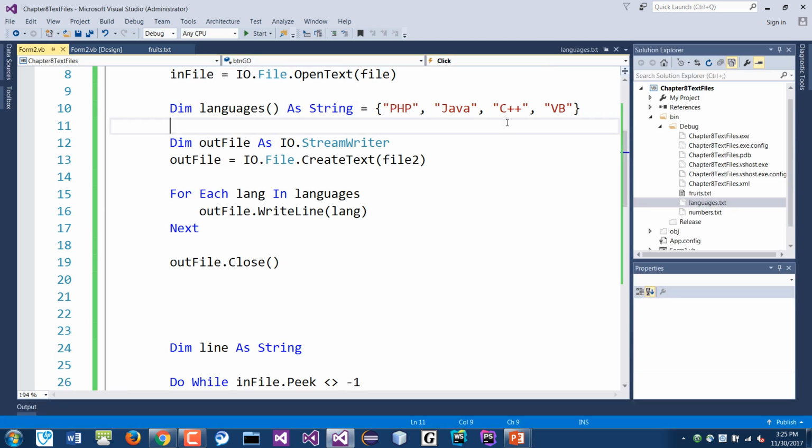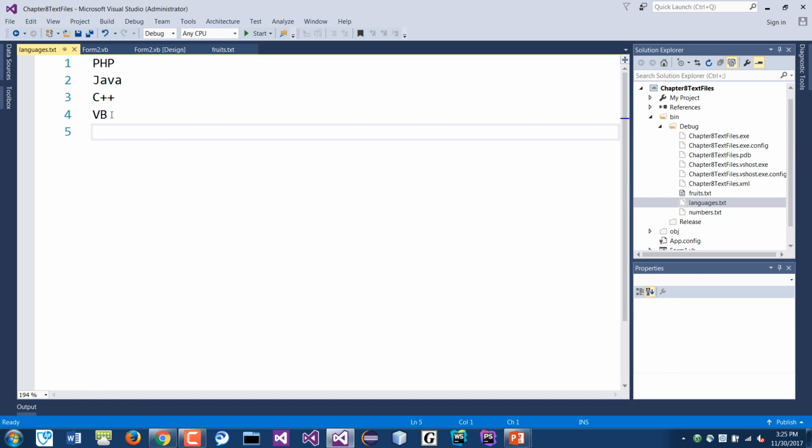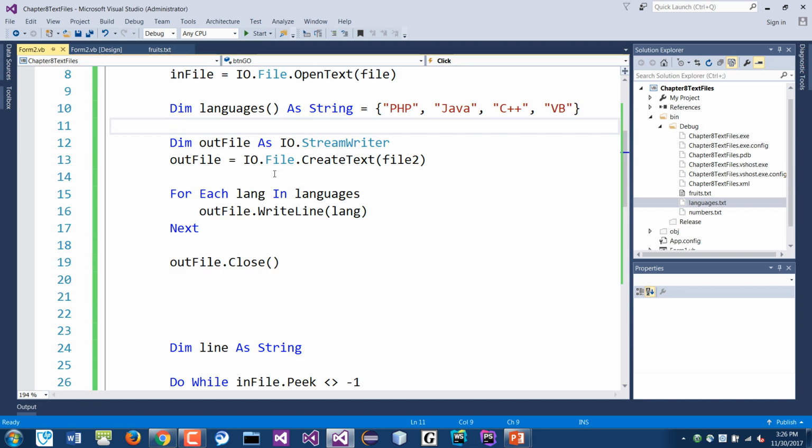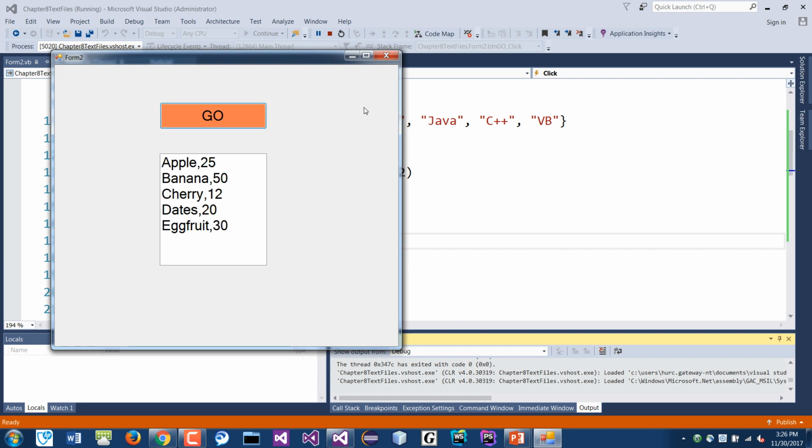If you run it now and close it, you should see that languages now has been updated to include VB. Just make sure you close the file. So for example, if I wipe out everything here, and let's say I put Google, for example, and you save that in the language text file, you should wipe that out. And let's say I forgot to close it. I don't have that in there. If I save and run,